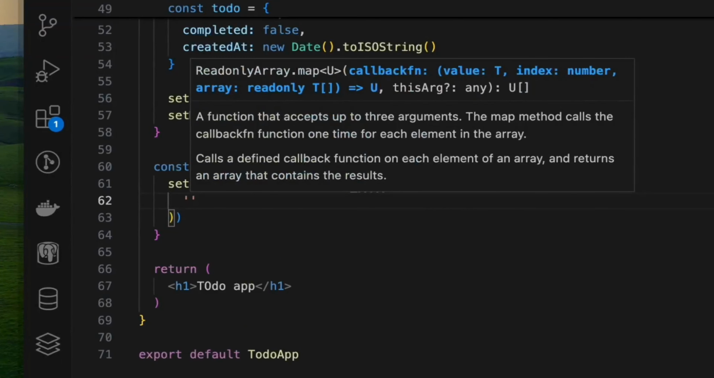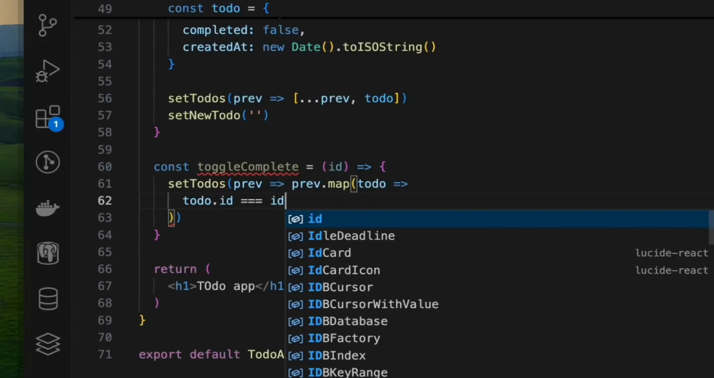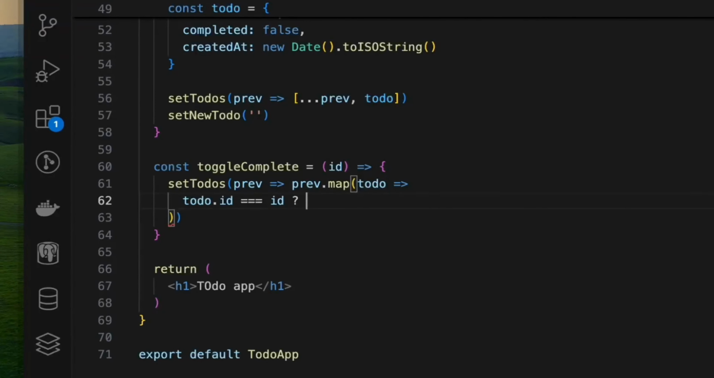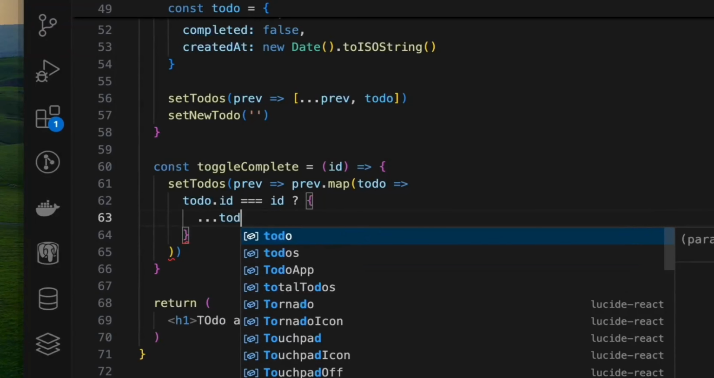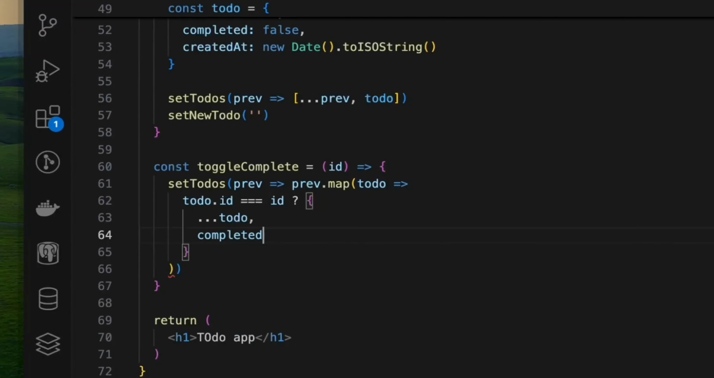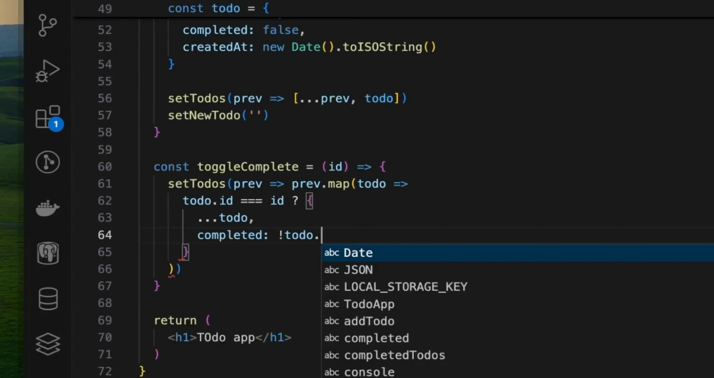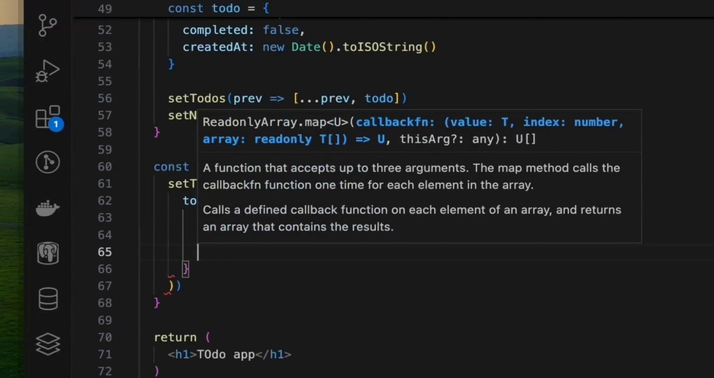And then for each todo, we need to check if each todo's ID is the same as the current ID that the user is trying to edit, right? So only when this ID is the same, we'll update the todo. So when the ID is the same, we create a new object, we unpack the existing todo as is, right? We set completed to toggle, right? We are going to toggle, so we'll do exclamation mark todo.completed, which will be the opposite of true or false,